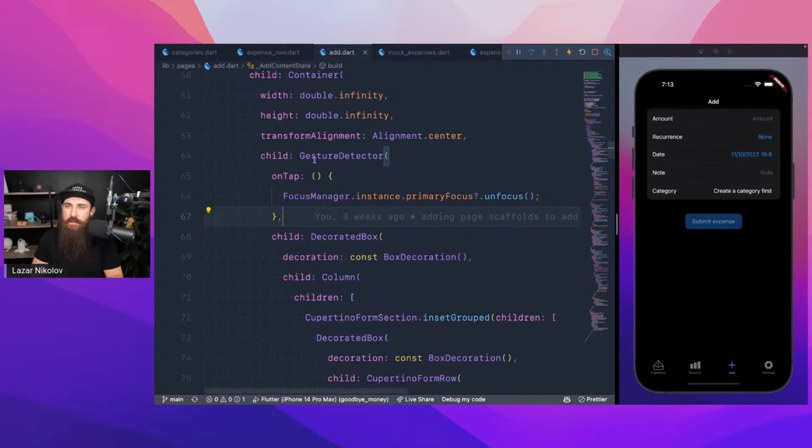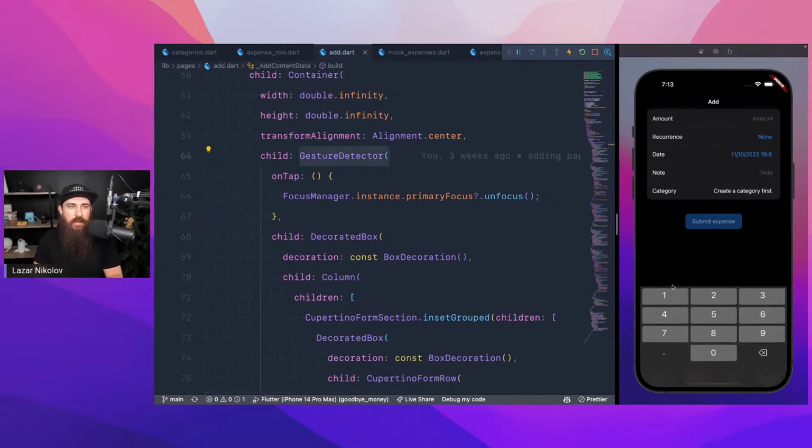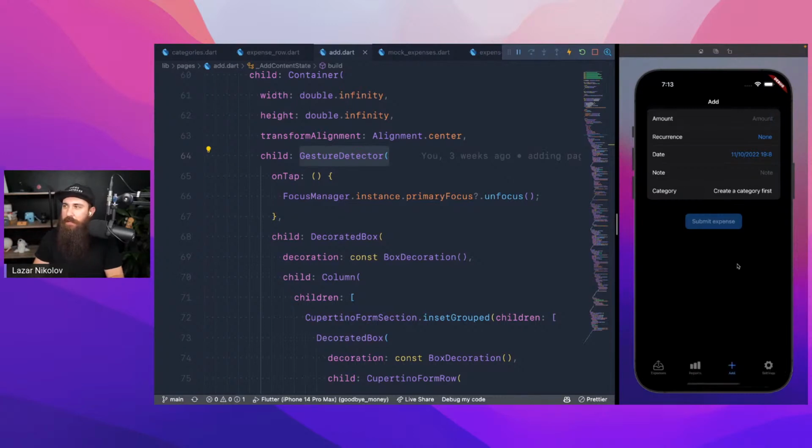And why is that set? Because when we click on the amount, we have the keyboard right here. When we want to dismiss the keyboard, we can click anywhere, right? We can click anywhere and the keyboard will basically be hidden, or unfocused. So that's why we have a gesture detector here, with the onTap method, where we click anywhere on